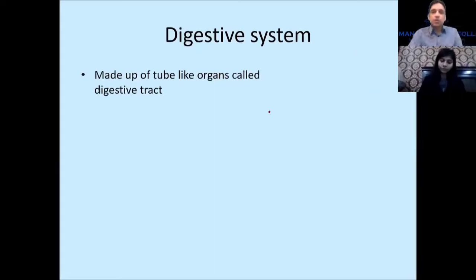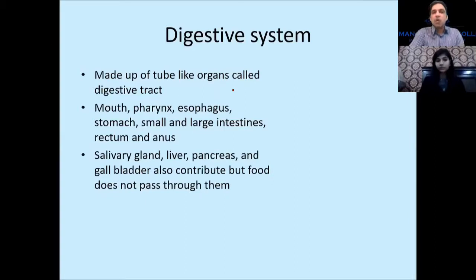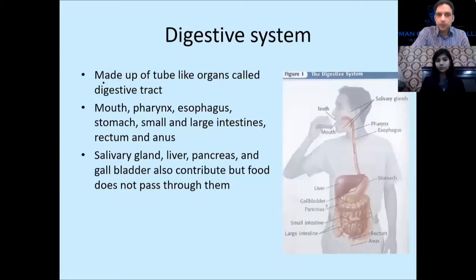The first thing you need to know, first thing first, how many different organs are there in our digestive system? Actually, the digestive system is a tube. It's a tube-like structure. It starts from the mouth. It ends at the anus. It's a tube-like structure, which is called the gut, G-U-T, gut. Associated and supplied with some associated organs. So there is a tube-like structure called gut or digestive tract,